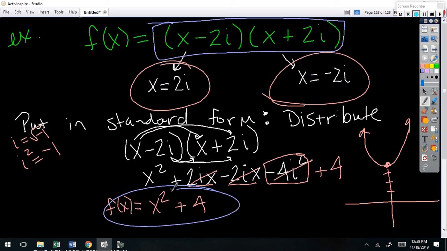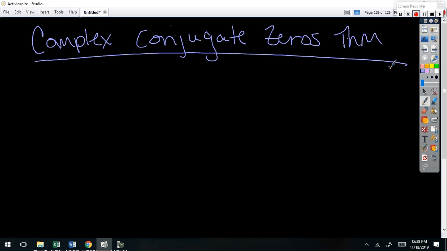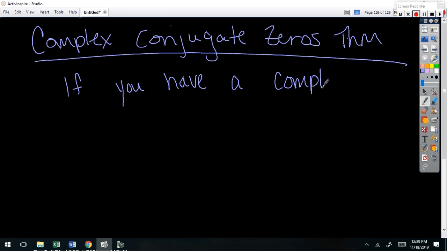Okay? That's crucial to get rid of the imaginary part, and that's what we're going to do as we write equations, okay? So here's what I need you to take away from that. This is theorem number 2. This is the complex conjugate zeros theorem. I'm going to just put THM. Okay? And what it says, and I'm just going to do this in easy to understand words. If you have a complex zero,